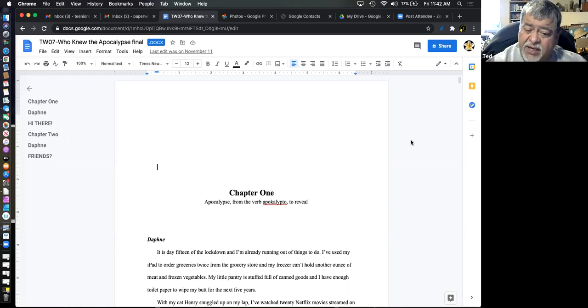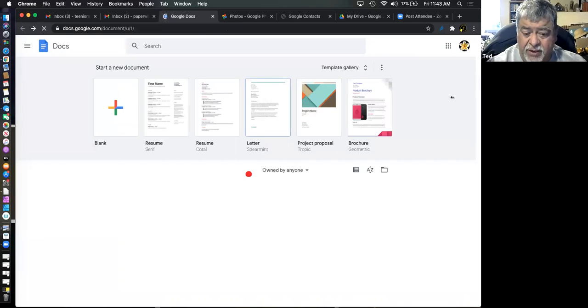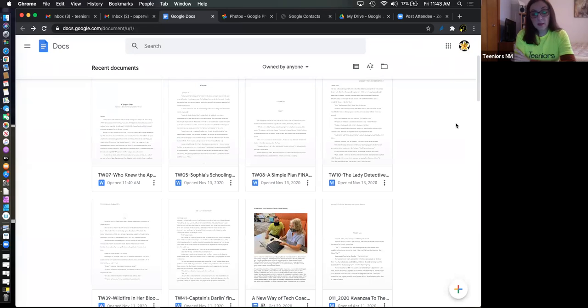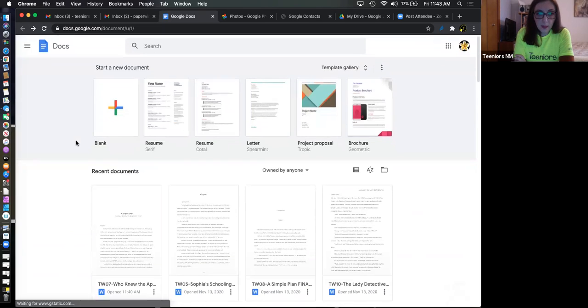If somebody sends you an attachment with Word, can Google Docs open it? Yes, Google Docs can open it. And if you want to open a file, let's say somebody sent that to you and you downloaded it to your computer, you can get in here and